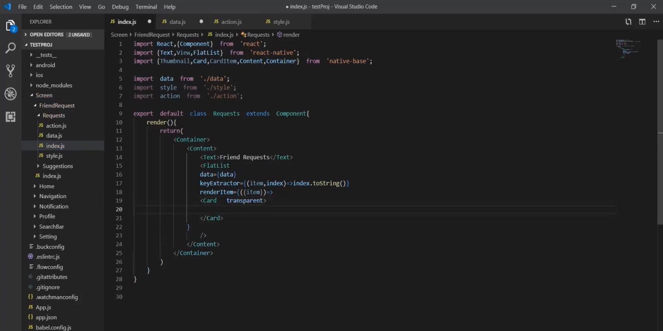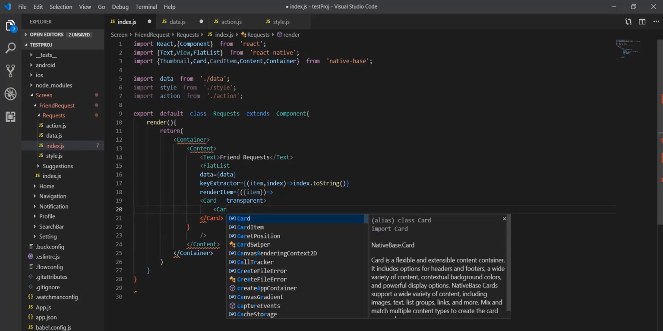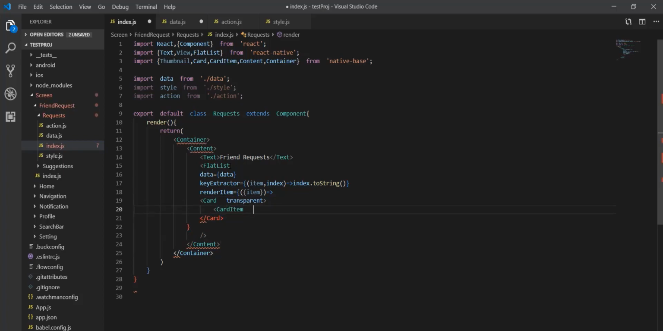It will be transparent, as by default the card holds some border. Inside it, I'm gonna create a card item. It will hold some style. For this, I'm giving flex direction of row. Inside the card item,